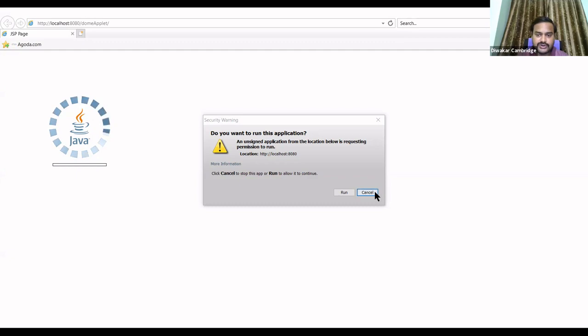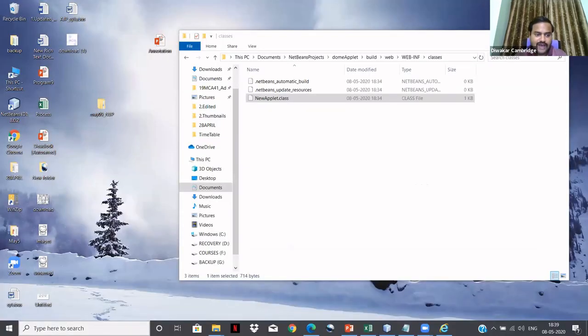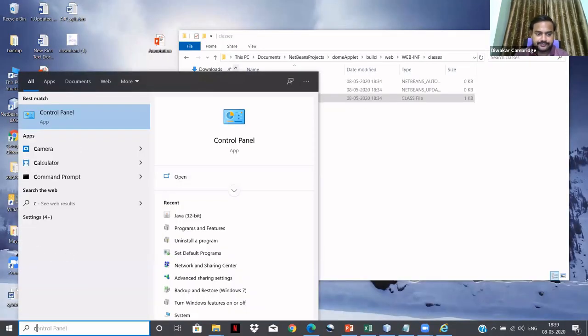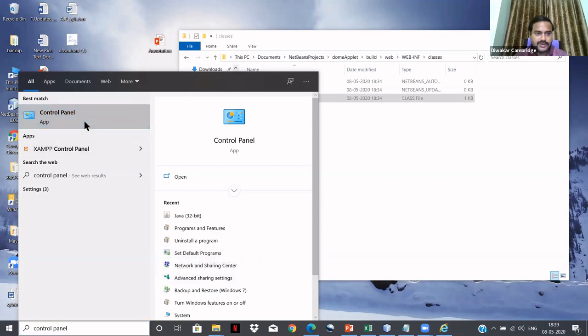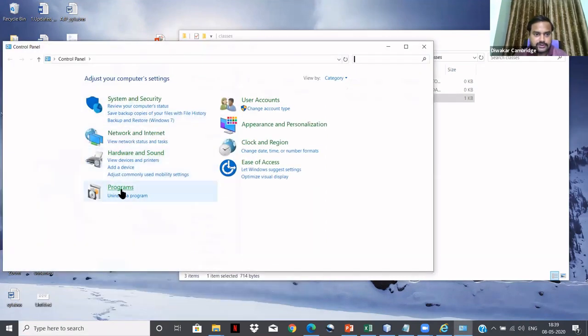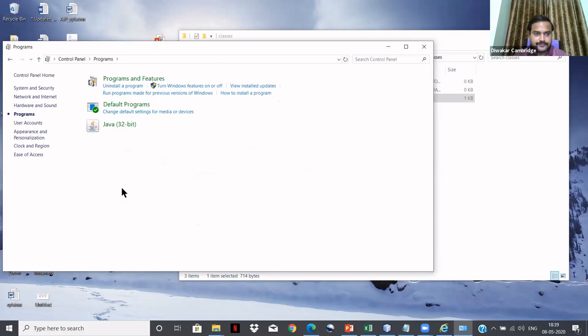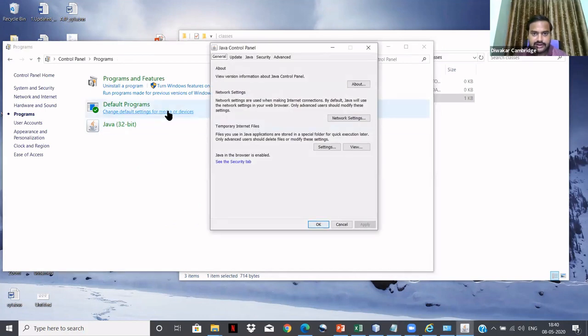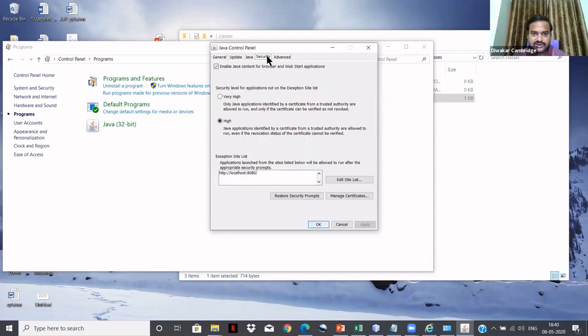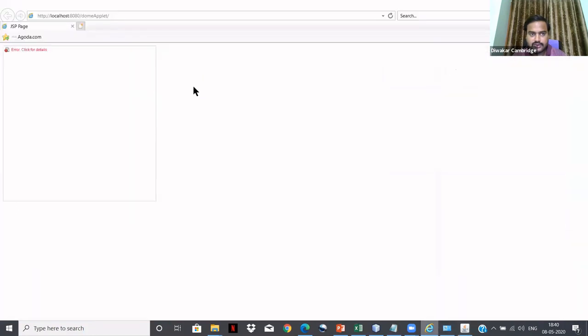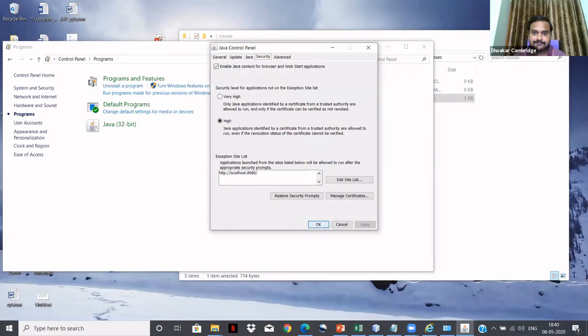So what you have to do here, now you have to go to Control Panel. Click on Programs, Java 32-bit. You click on that, you click on Security. Now, you have to copy the URL of the web page.